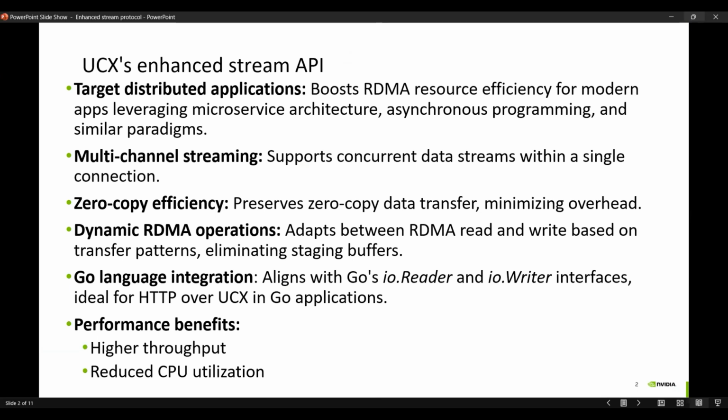We want to enhance the current streaming protocol implementation, so it would support